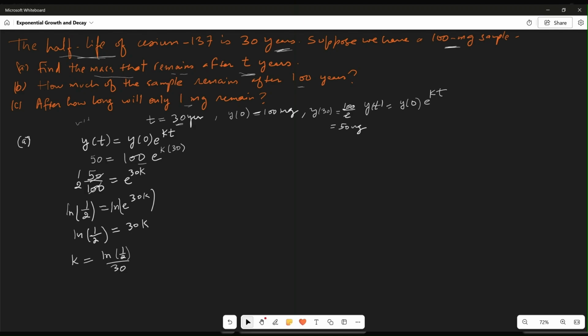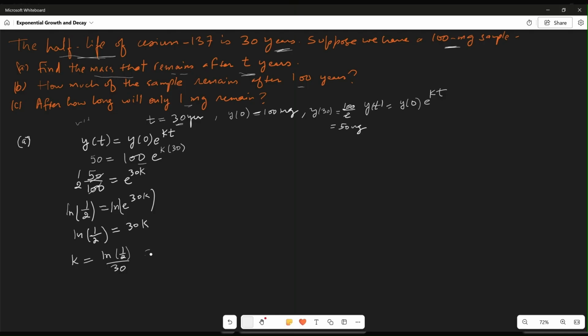Hopefully I'm correct about this reasoning, but I think if we just pick up the calculator, natural log half divided by 30, this is simply going to be negative 0.023. But maybe calculators are not allowed, or we are looking for the accuracy, because when we convert this into decimals and keep just a few decimal places, it's going to reduce the accuracy. So let's just simplify this further, because